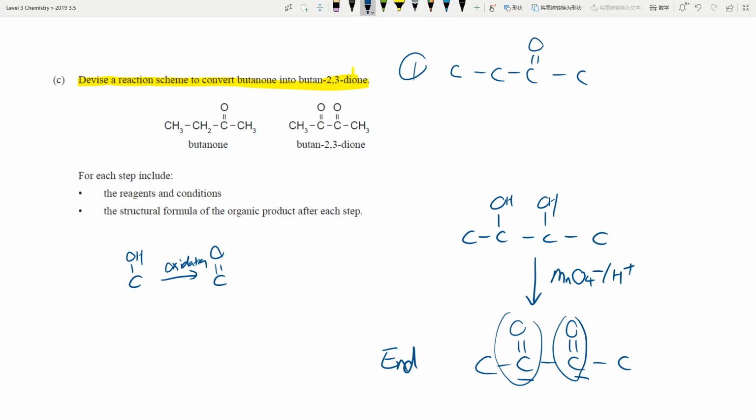is this. How do I get from here to here? Well, this is a diol, isn't it? How do we turn something into a diol? An alkene. Year 12. Okay, so you break the double bond. Again, how do we do this? This is an oxidation reaction, and you will need to do this in MnO4 minus, and you need to do this